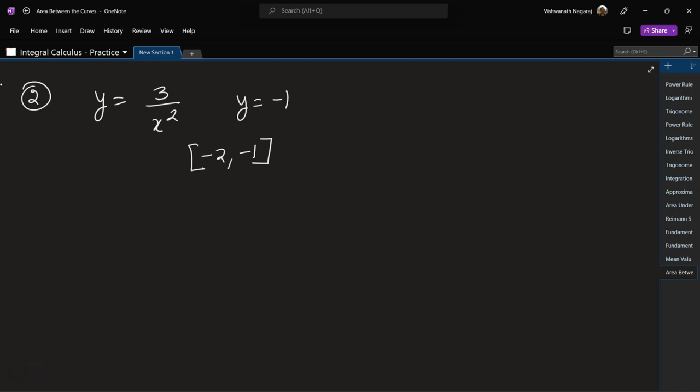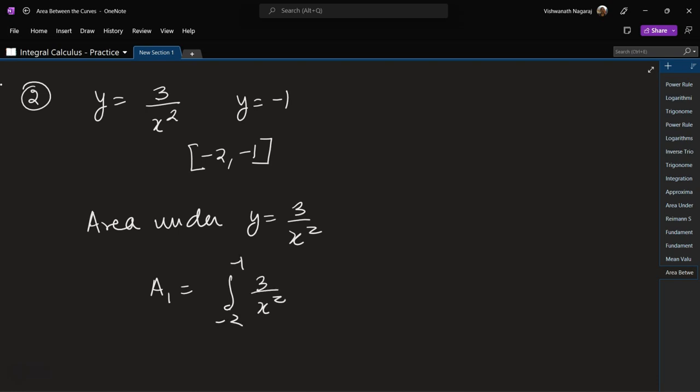This will always be negative. So that means this is higher than this. Okay, and they will not intersect. So area under y is equal to 3 by x square. Let's figure out this. So a1 is equal to integral -2 to -1 of 3 by x square dx, which is equal to